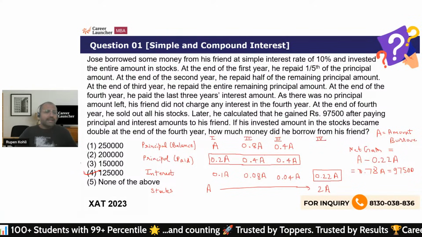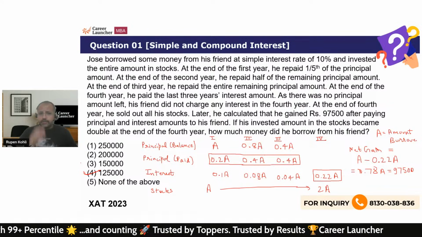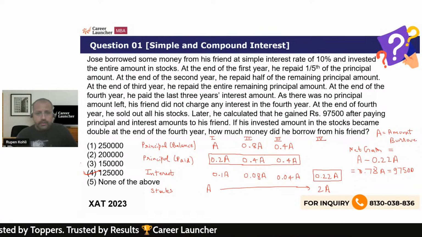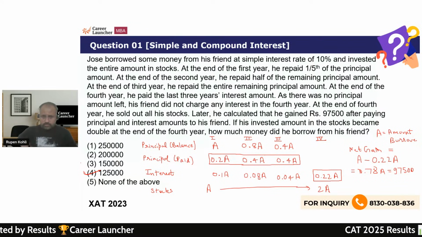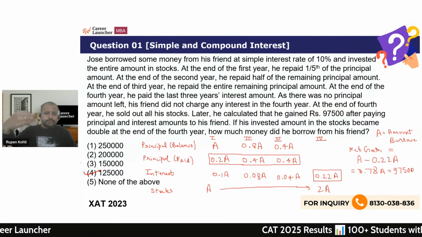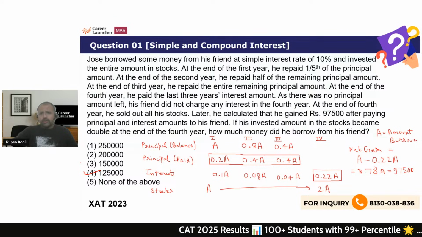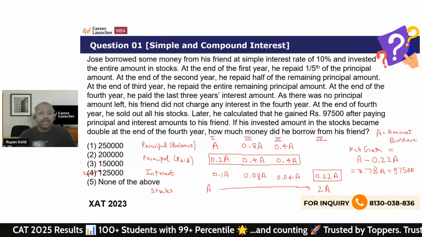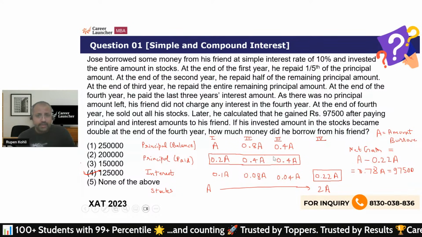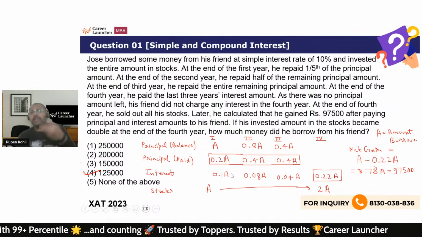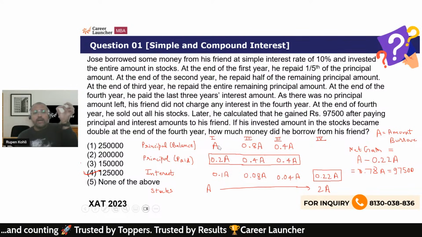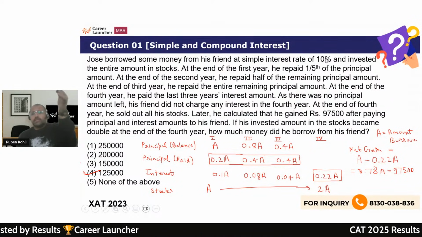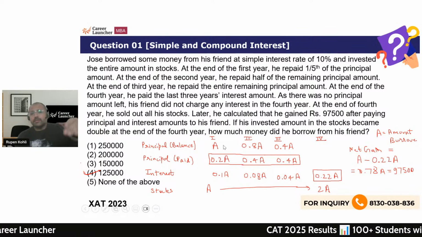So in this question, the main idea was that it's a question where the principal itself is reducing, right? He keeps on repaying partial amounts along the way. So the idea is that the interest that he needs to pay has to be calculated for each year separately, and whatever is the balance principal, so 10% is the rate, so 10% of the balance